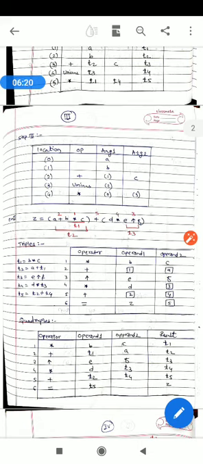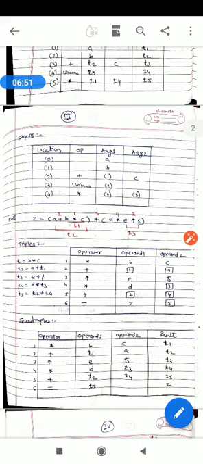Then third example, z equal to a plus b multiplied by c plus d multiplied by e implies f. So t1 is b multiplied by c, t2 is a plus b multiplied by c, t3 is e upward arrow f. So triples can be written as t1 equal to b multiplied by c, t2 equal to a plus t1, t3 equal to e upward arrow f, t4 equal to d multiplied by t3, t5 equal to t2 plus t4.